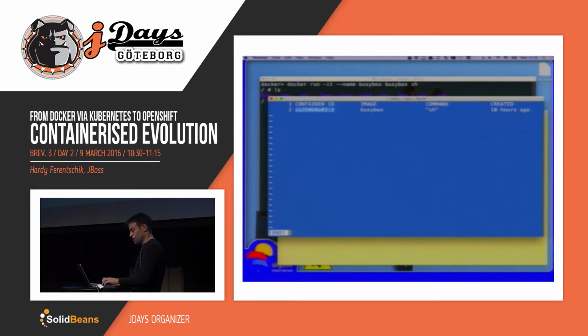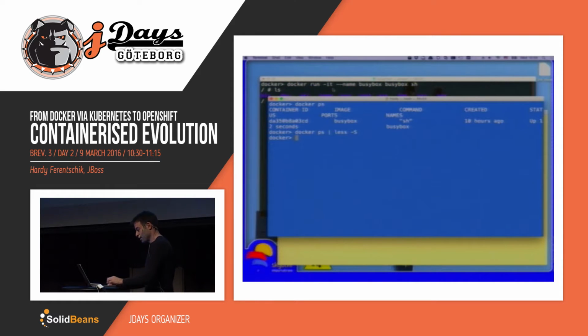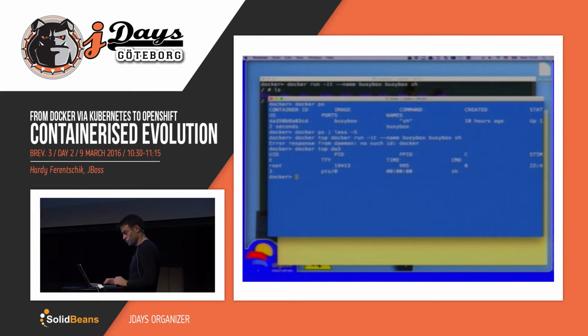This is a container ID. I can go docker top DA3. And this here is the PID of this shell, right? Of this container, which runs a shell.